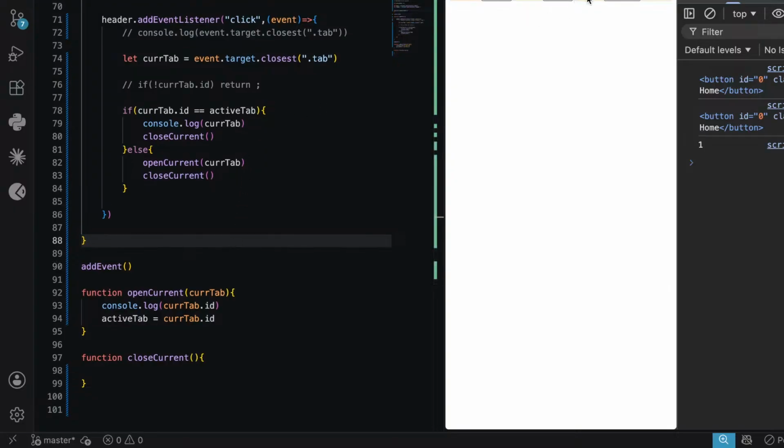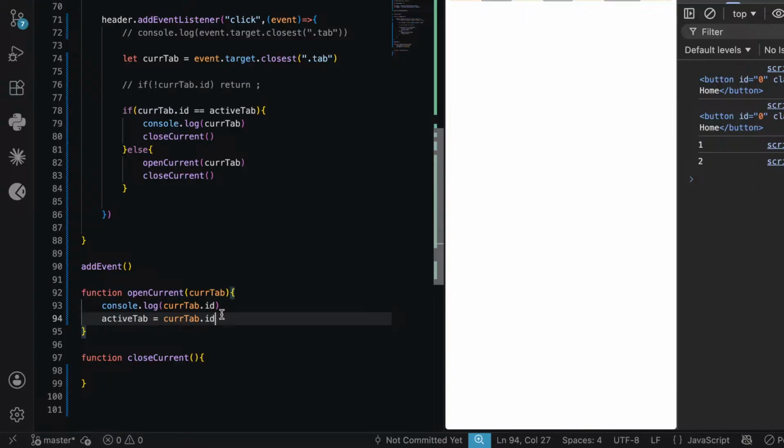We are getting the ID, right? Perform, correct. So we are updating this current tab.id. Apart from this, when it opens the current tab, it should toggle the effect also, which is about